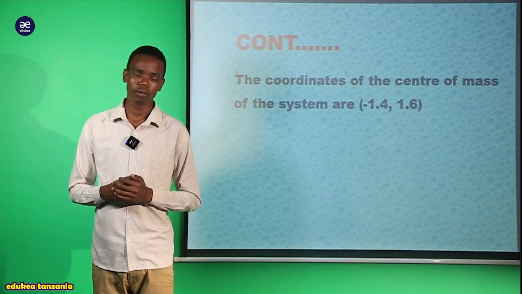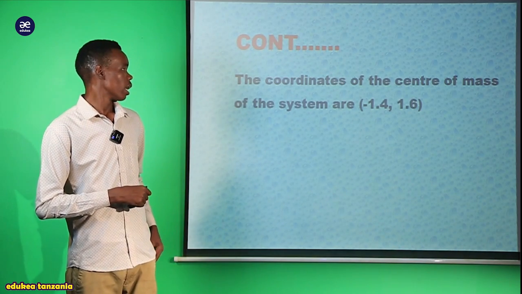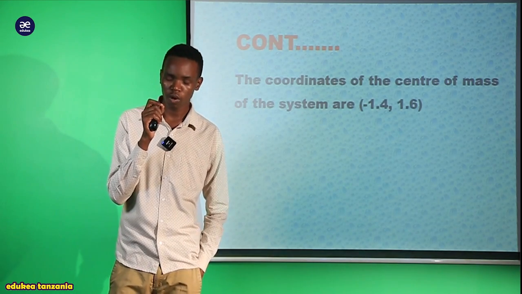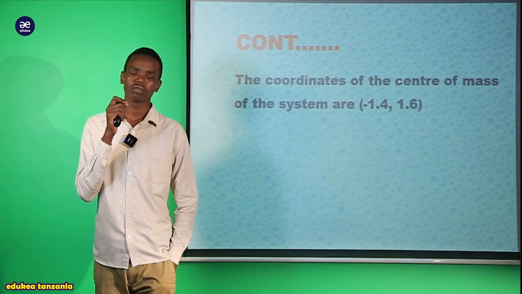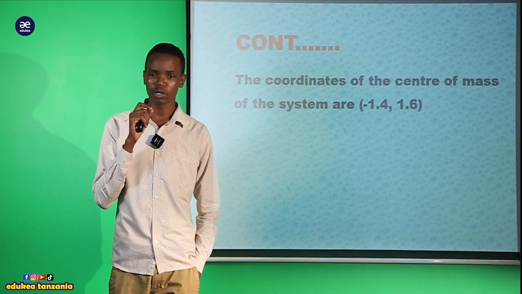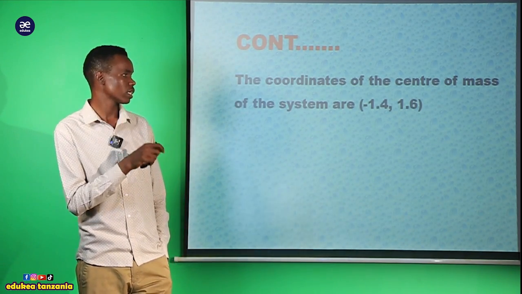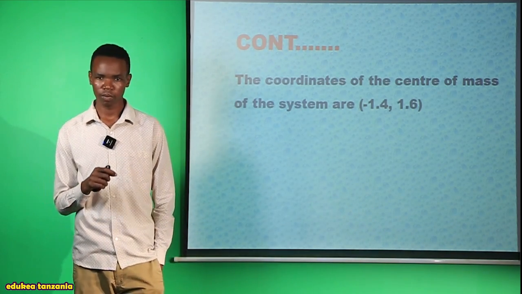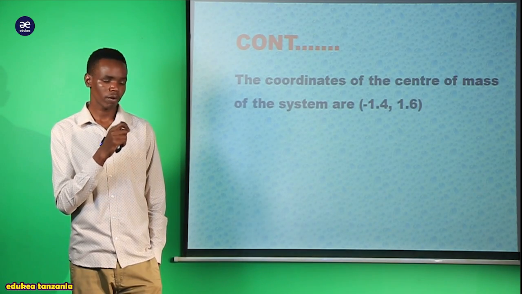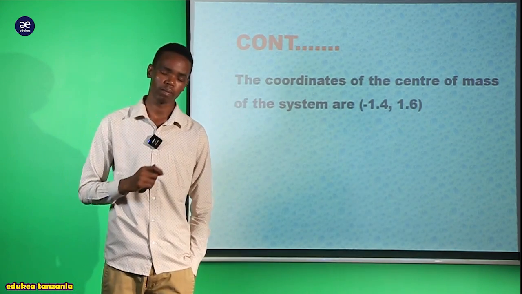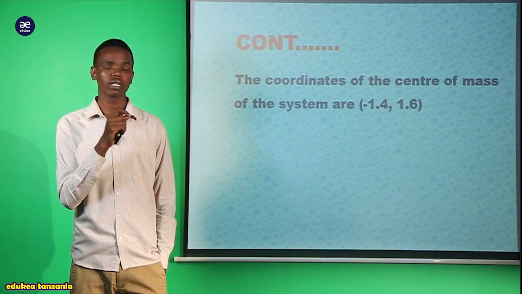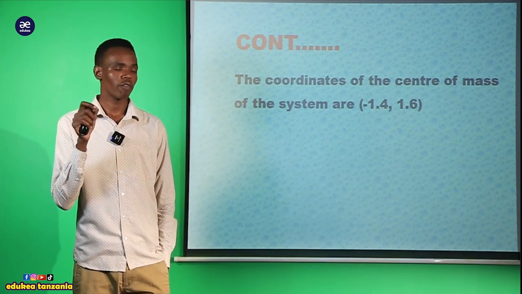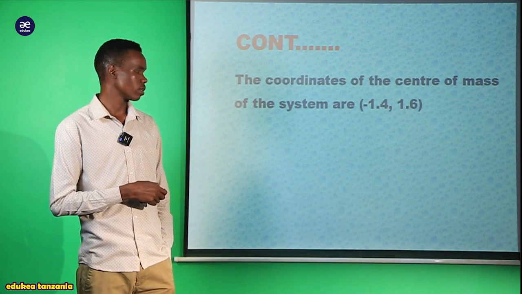Now after getting here, we are supposed to conclude by saying that the coordinates of the center of mass of the system are here. We can conclude according to the question as we were asked. Here we were asked to find the coordinate of the center of mass of the system. Now we should conclude by following the way we have been asked. We can conclude by saying that therefore the coordinate of the center of mass of the system are